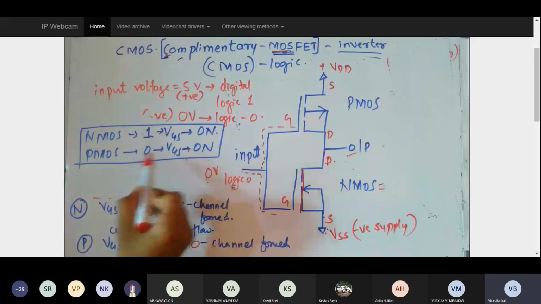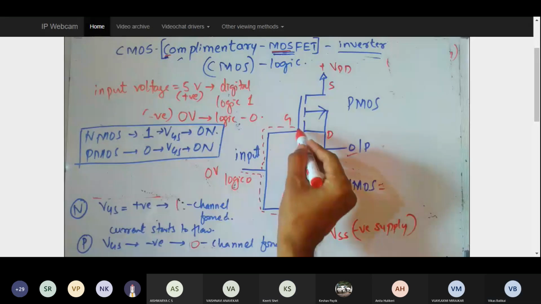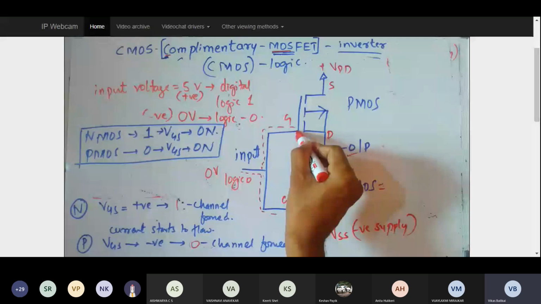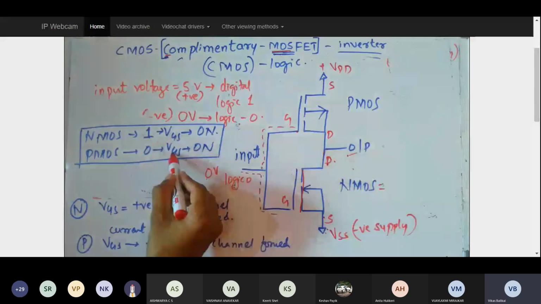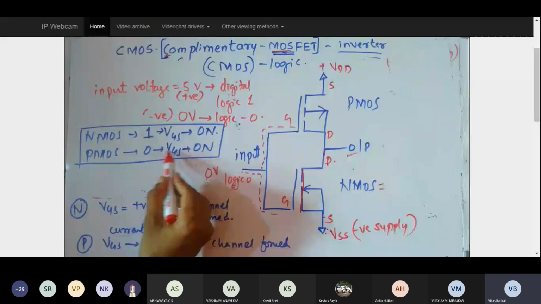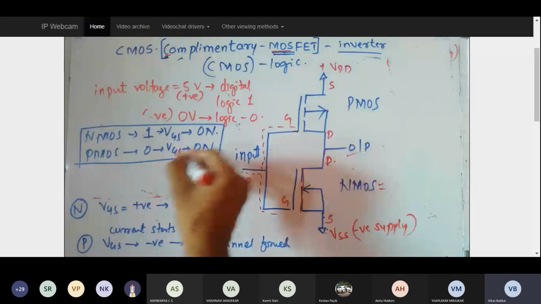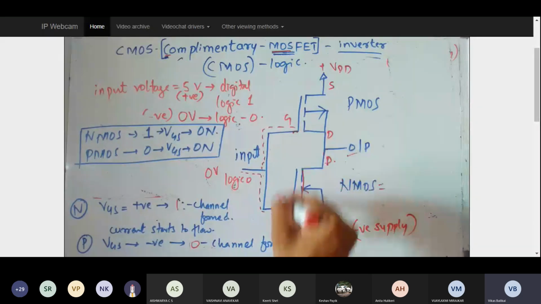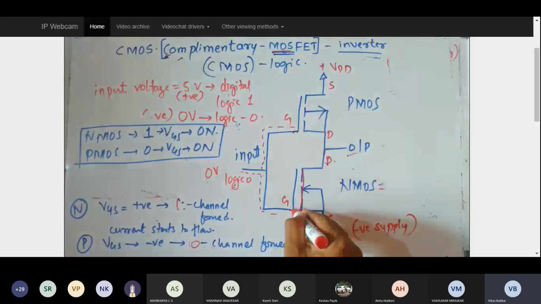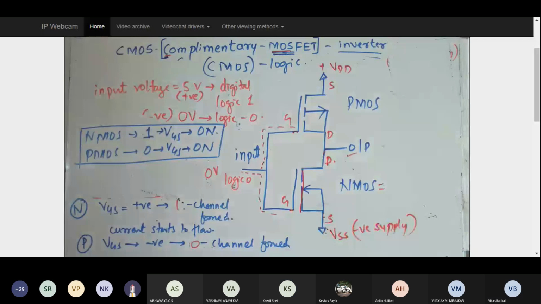See, when I give input to the gate, VGS was given as 1 in the previous case, and my NMOS was on. Now I am giving the value of VGS as 0. So this VGS, I am going to consider as VG. For this VG, 0 volt is given, and for this VG, 0 volt is given. So if I give 0 volt to the gate terminal, which MOSFET is going to turn on? 0 volts or any negative voltage. PMOS. PMOS is going to turn on because we know PMOS turns on for negative VG value.